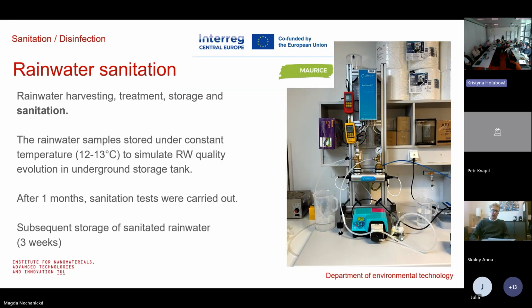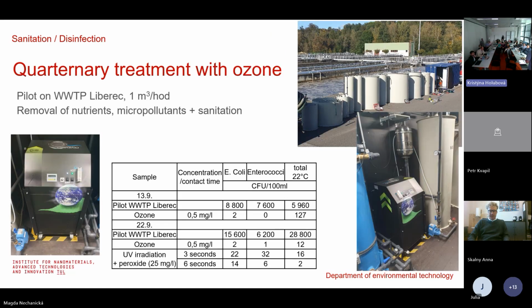Our experience, very briefly, in the frame of our Interreg project, Morris, following speaker Gregor Dill will inform you about all activities. Our role was remote management, remote harvesting and management. We are focused on rainwater sanitation because generally rainwater, especially from the roofs, is chemically clean, but is contaminated microbially,